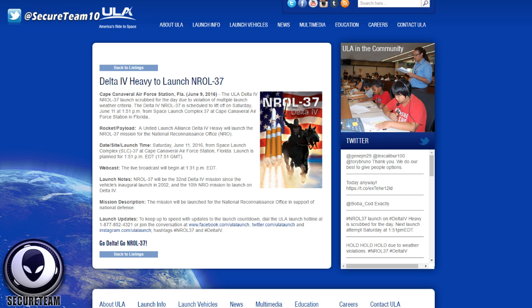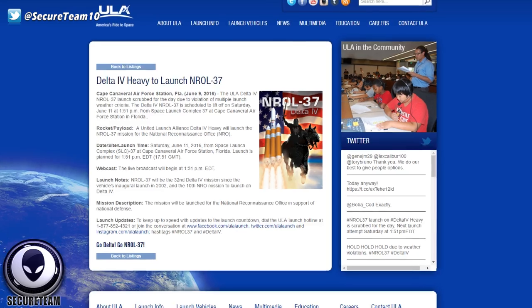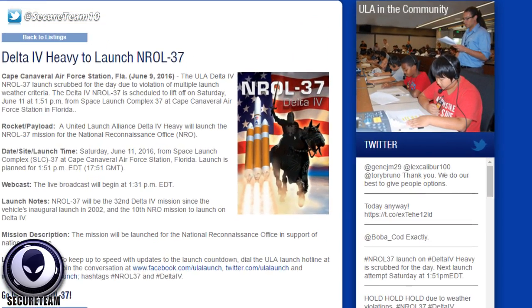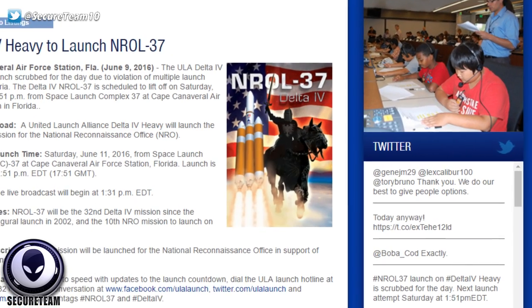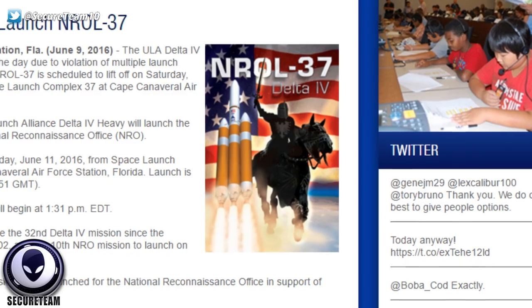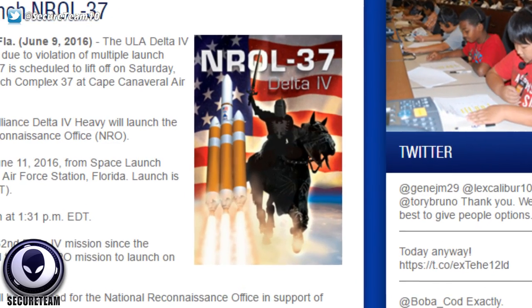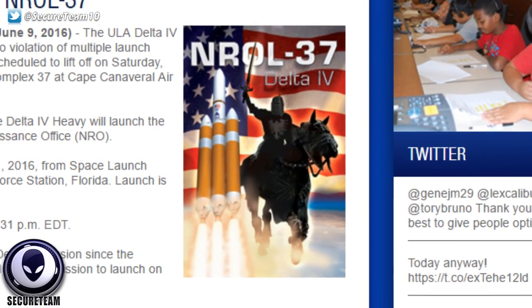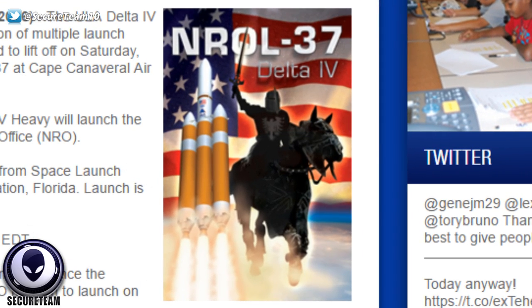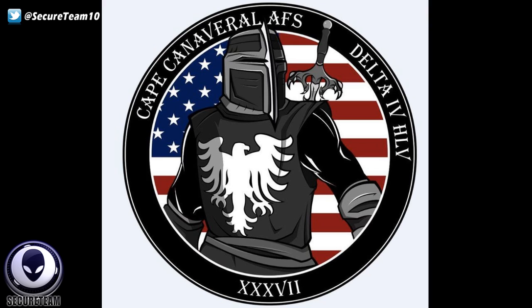Now, if you remember, what was strange about the NROL-37 mission was that when you went to the web page for the mission, you were greeted with very mysterious logos for the mission, which contained none other than a black knight. And you're seeing the images from that web page as well as the mission patch here, both featuring a black knight. And if you've been watching the channel or studying ufology, you'll know the significance of the name Black Knight